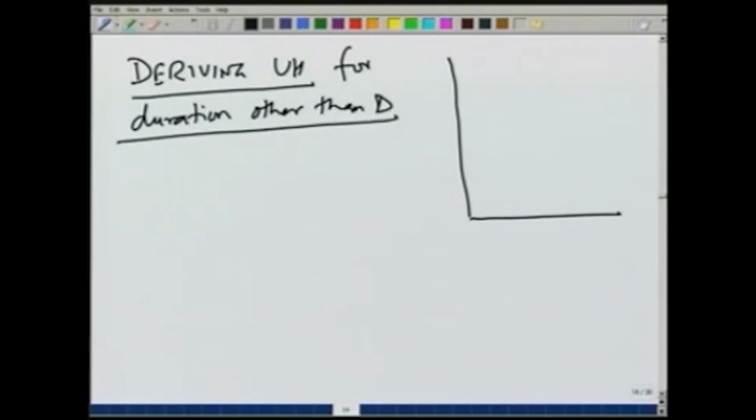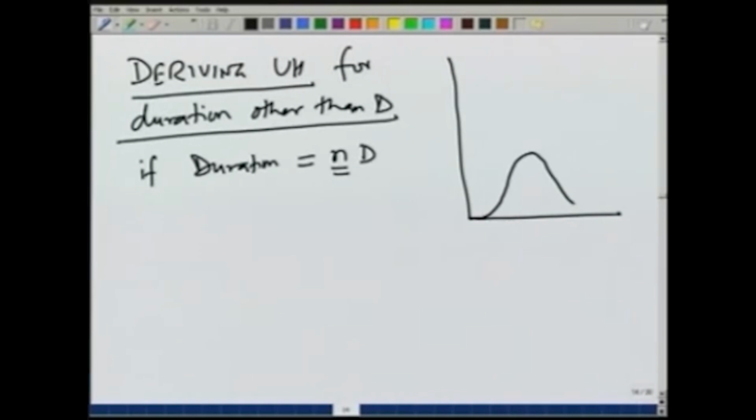When we derive the UH for any other duration, if the duration is n d, where n is some integer value, then we just add up a lot of unit hydrographs. Suppose n is equal to 3. Then we draw 3 unit hydrographs shifted by d, add them up and get